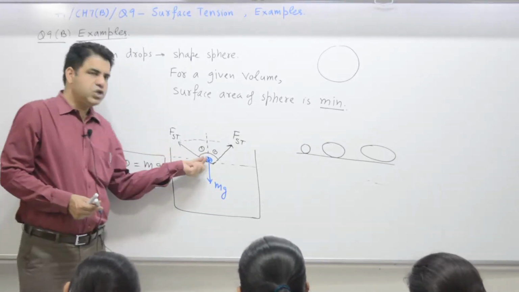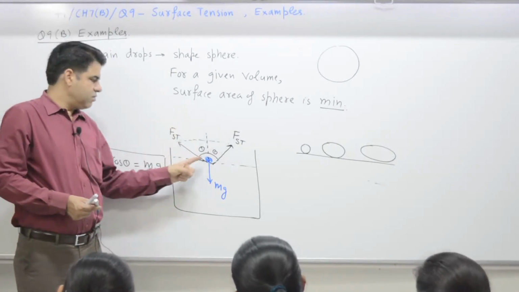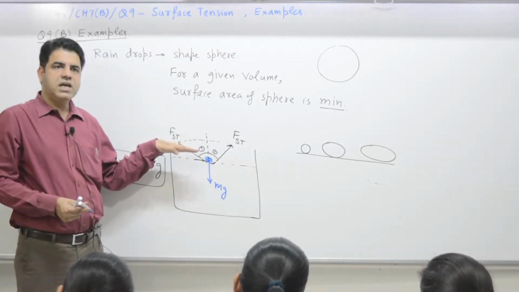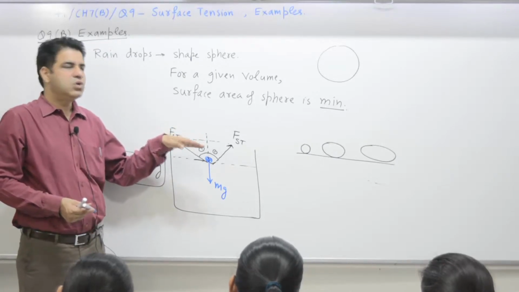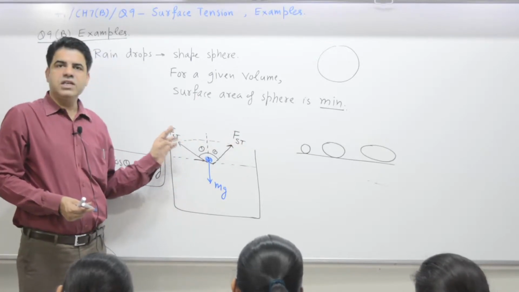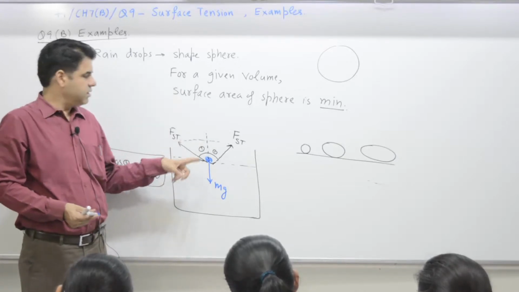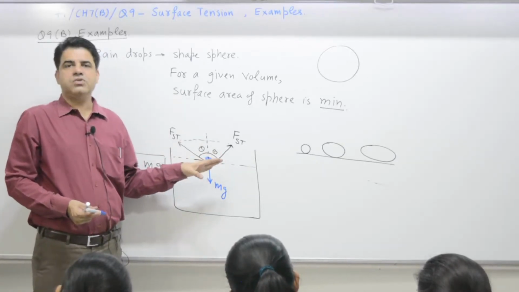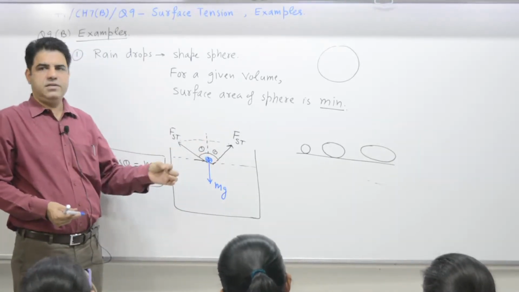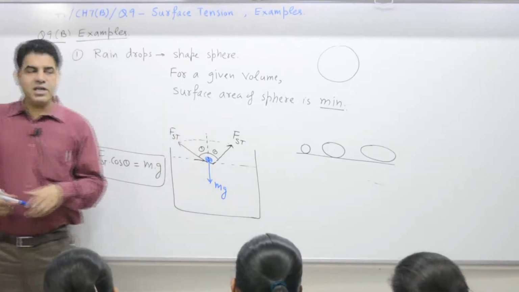That means when a mosquito's mass is very small, a fraction of a gram, the water surface has sufficient surface tension to create an upward force Fst, so that it can balance what? Mg. But if there is a human being, weight Mg is very high, that is why the person will sink and the mosquito will float. So, a thin wire can float, a thick wire won't. Time with you is 3 minutes to write.